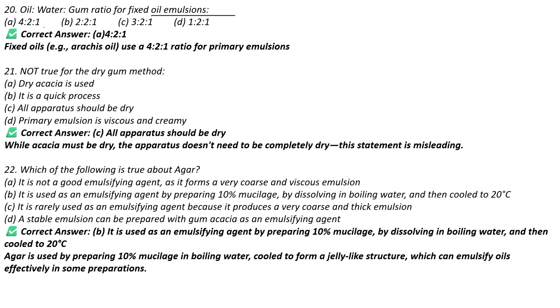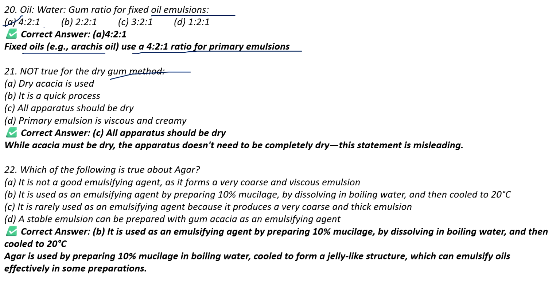options are 4:2:1, 2:2:1, 3:2:1 या 1:2:1. So for fixed oils like Arachis oil, use a 4:2:1 ratio for primary emulsions. So we can say option A, that is 4:2:1, is the correct answer for this question. Moving on to another question, which of the following statements is not true for the dry gum method? And the options are dry acacia is used, it is a quick process, all apparatus should be dry, या primary